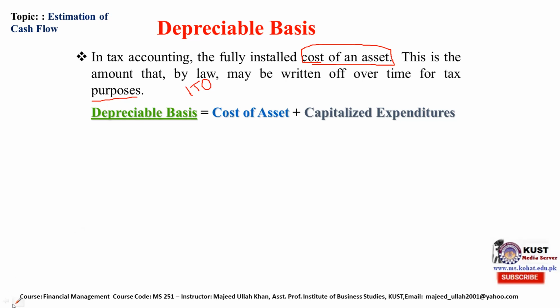Now the depreciable basis can be expressed in an equation as the cost of the asset. If a firm purchases an asset for, let's suppose, 10 million, that is what they will pay to the vendor. It is called the cost of the asset. Now what are capitalized expenditures? Capitalized expenditure means this asset will bear transportation cost. This asset will need installation and also involve cost. This asset may require other things like